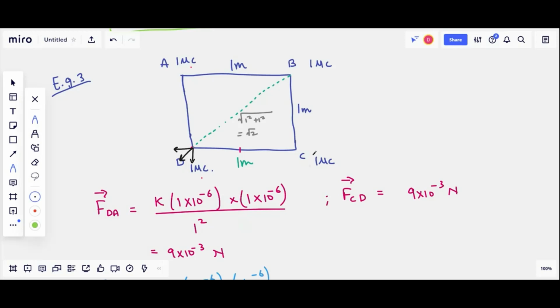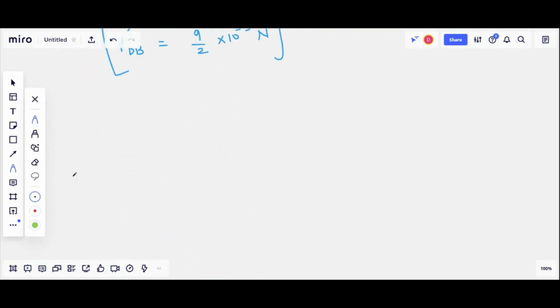which are all in different directions. So let's talk about the first two forces, but here also one thing which we have to notice is that since this is a square, this angle is going to be 45 degrees, because this is 90 and these two sides are equal, so these two angles are going to be 45 each. So we can say that the angle between these two forces due to A and C is 90 degrees. So we are going to find the net magnitude first due to C and D. So due to C and D, the forces look like this, and there's an angle of 90 degrees